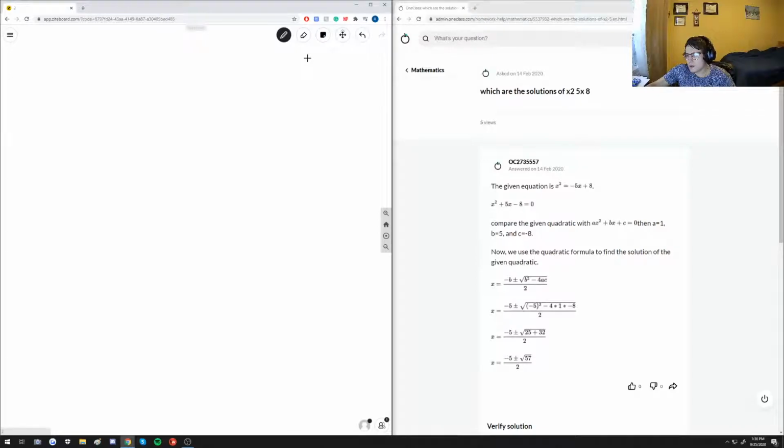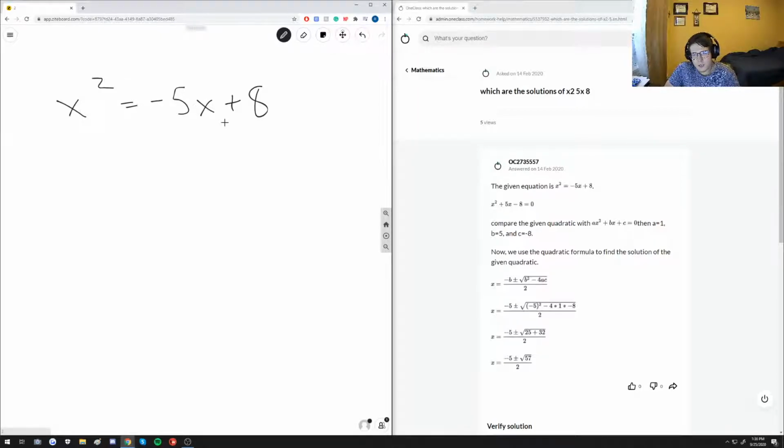Now, which are the solutions of x squared? Okay, so it's a little hard to see what it is here, so I'm just looking from the solution. So x squared is equal to minus 5x plus 8. So first of all, if we are looking for the solutions, so the values of x that solve this quadratic equation,